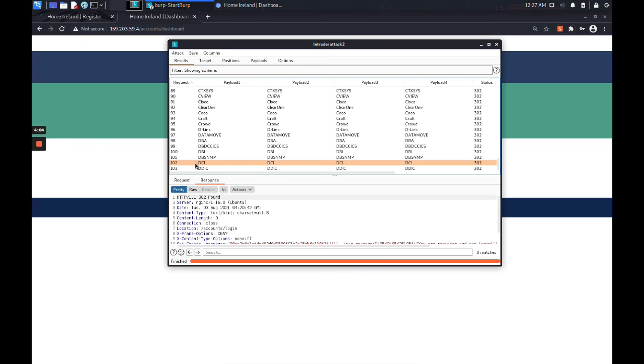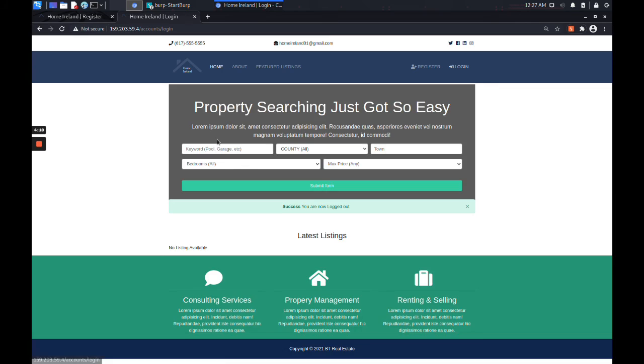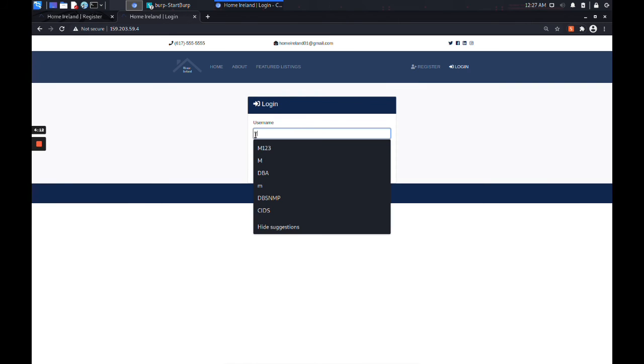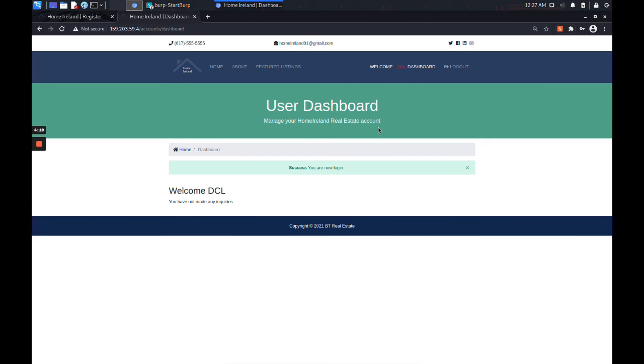We are successful. Let's see for the 102 account. Just log out, log in again, just to show you for confirmation that it is successful. Just picking some random accounts which I created through the buffer overflow, 103, and just see, we can log in. Hence the buffer overflow is successful.